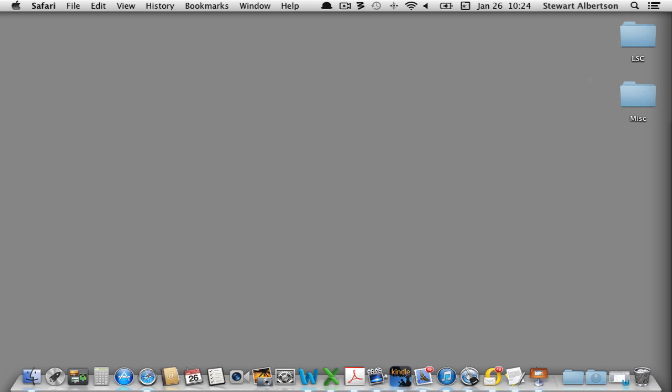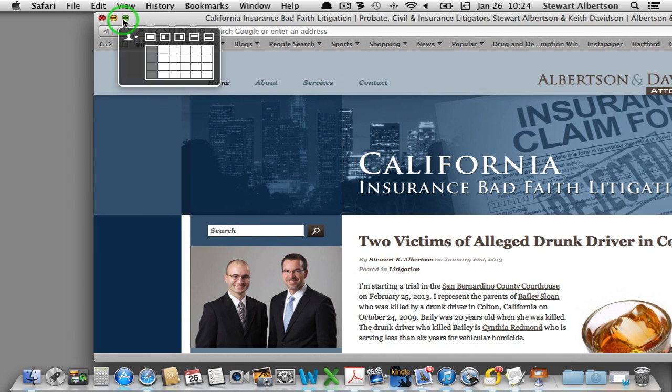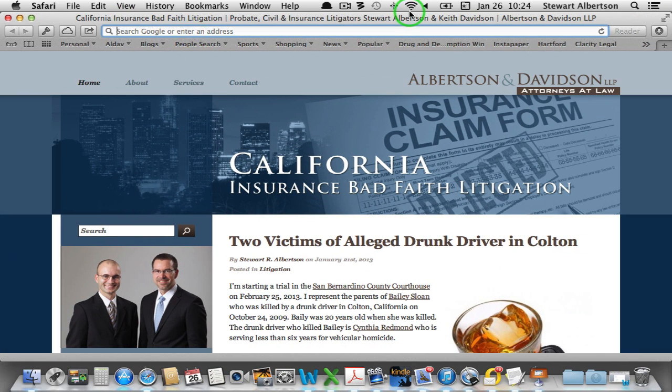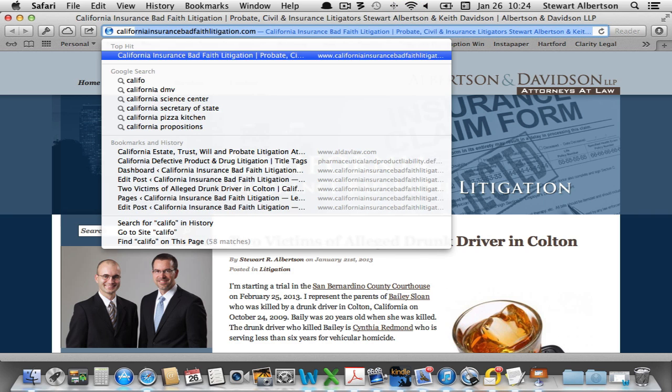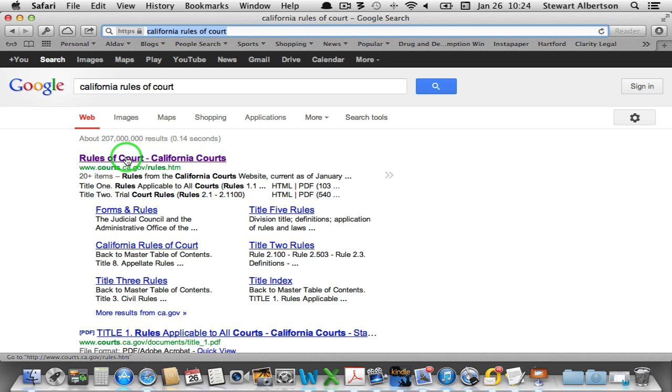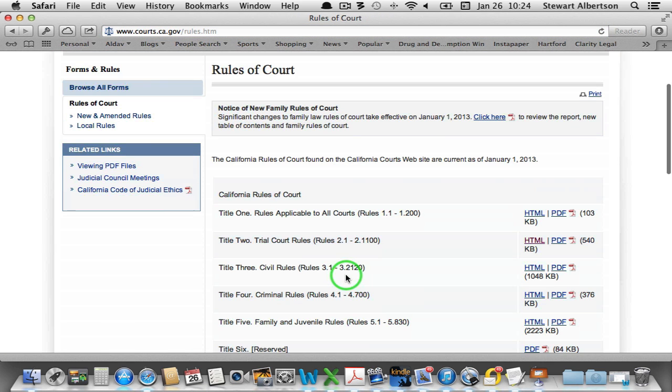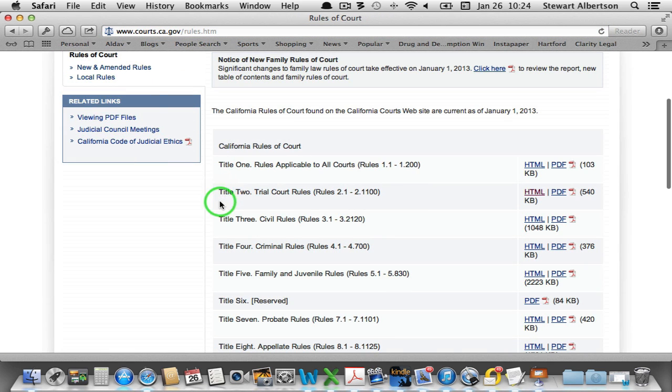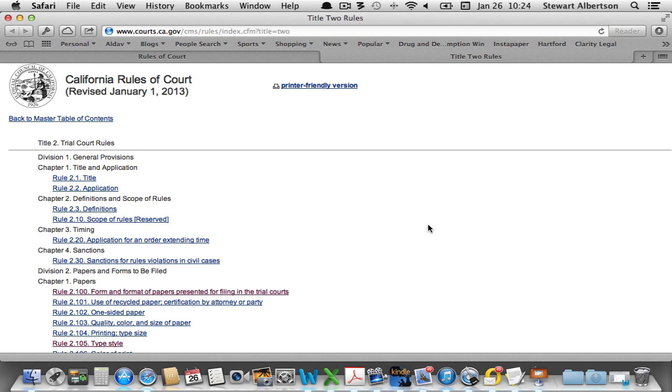The first thing we need to do is make sure that the California Rules of Court are followed. So let's go ahead and pull that up, go to the main page there. The drafting rules for papers that you file with the court are in Title II, Trial Court Rules, and they range from Rule 2.1 to 2.1100. I'm just going to grab the HTML link there. And as you can see here, it's the trial court rules, and you have to, unfortunately, break down in here